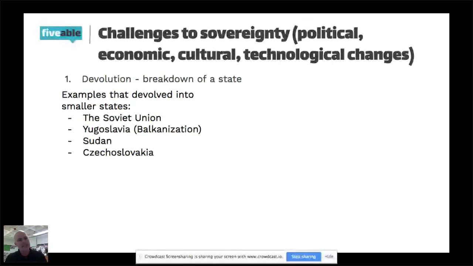So you have the Bosnians in Bosnia Herzegovina. All right, you have the Croats in Croatia. All right, the Macedonians. You have the Montenegros in Montenegro, makes sense. The Serbs in Serbia, and the Slovenes in Slovenia. So Balkanization is another term. It's similar to devolution, not exactly the same thing, but it's similar, but it's a breakup specifically because of the